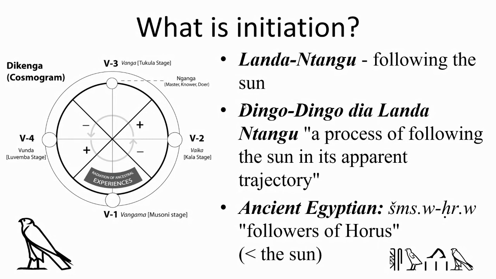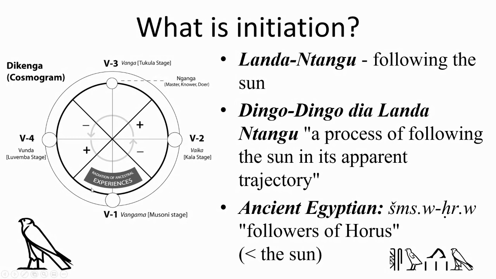And so if you recall, on the left-hand side here is a representation of the Congo cosmogram called Dikenga. And the Dikenga is really many symbols juxtaposed on each other. But what you have here are these little circles, even though this is a still 2D image, it is supposed to represent a 3D concept, and the suns are supposed to represent motion along a path that is counterclockwise.